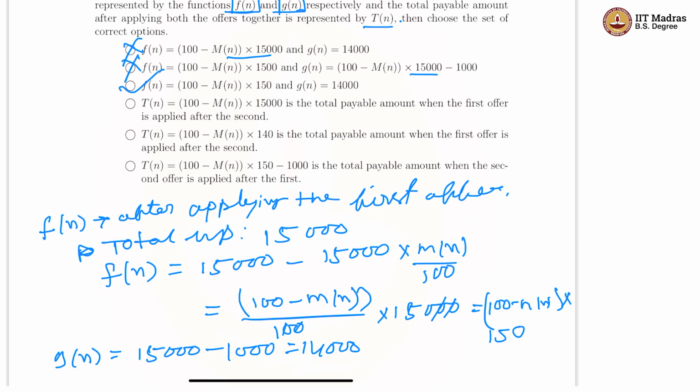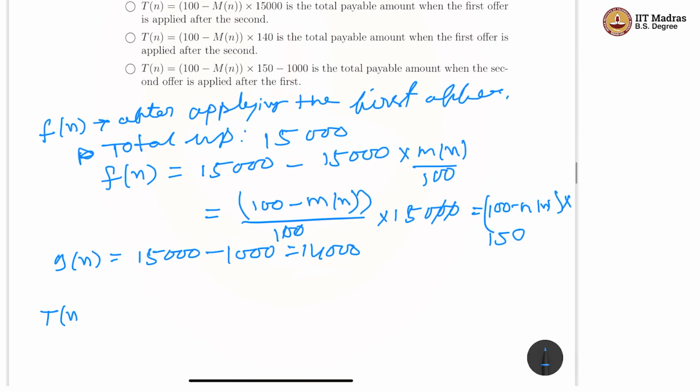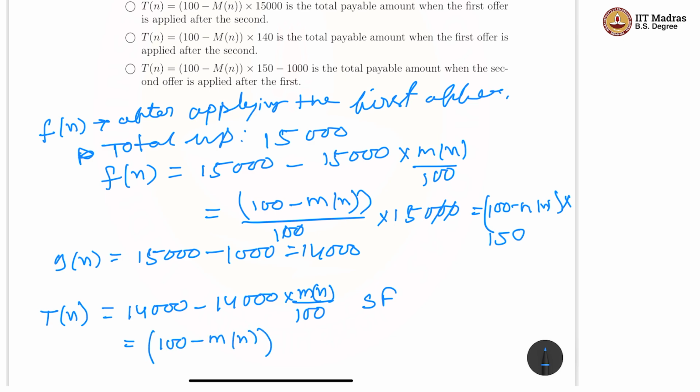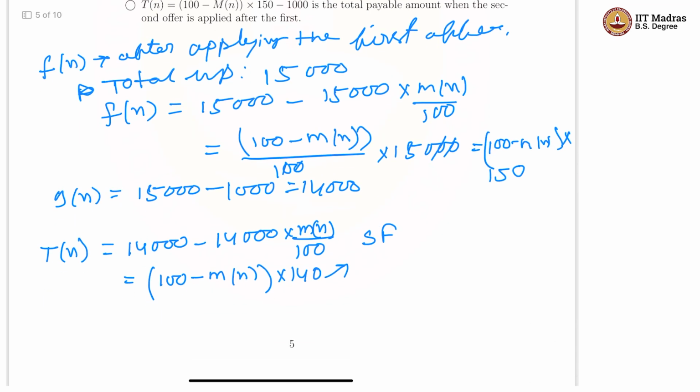We can now calculate TN. Either we can first apply the second offer, then apply the first offer. First, second, then first. Suppose we denote it with this SF. So we are applying the first offer first. That means we have now this, and we will get discount over this, into 140. So this is one way to calculate the TN, and secondly we can apply the first offer first, then the second offer, then our TN will be